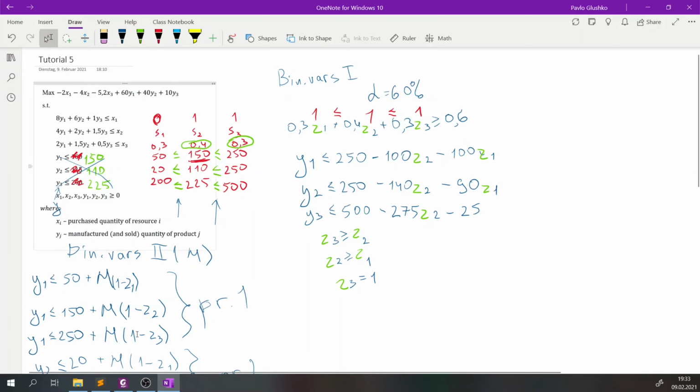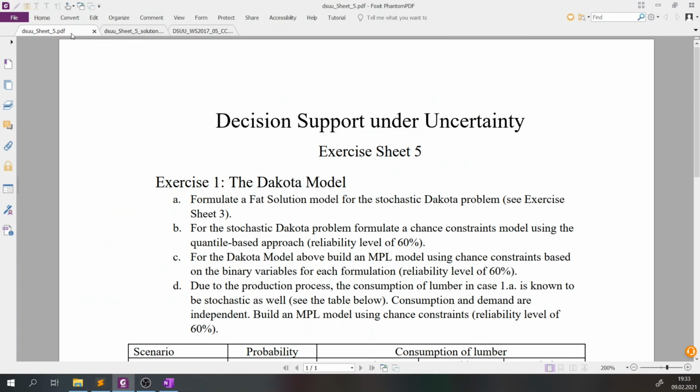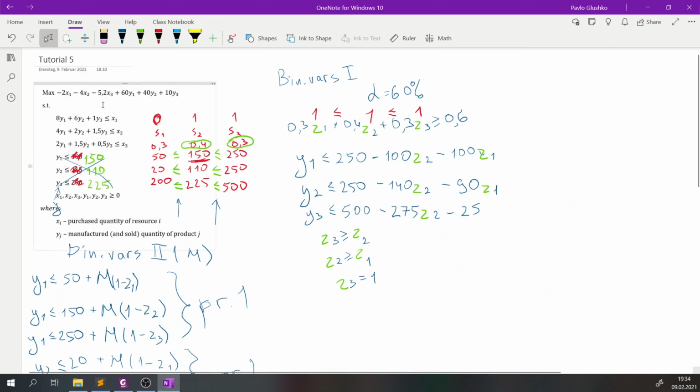So I will ask to do something in addition for this sub point. Yes, so we are also asked to formulate it using the MPL software. But now let's look at our formulation using the binary variables,